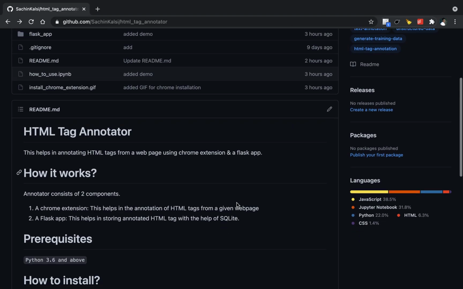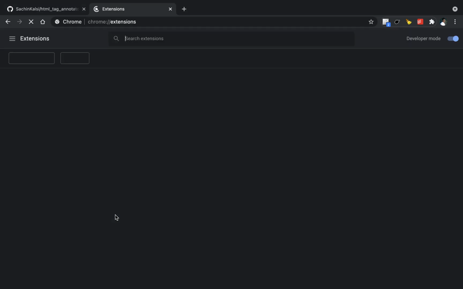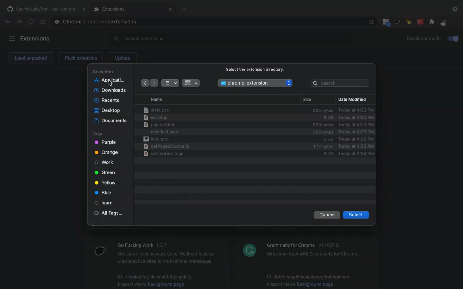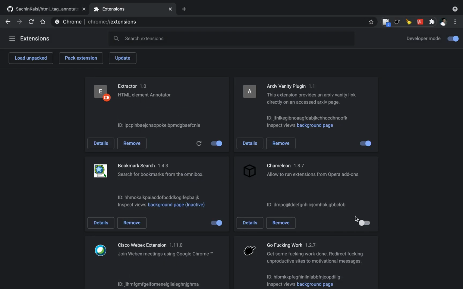So let's see how to install this Chrome extension. I'll just copy it and open a new tab and just enter. There's something called load unpacked. You just need to click on that and go to the HTML tag annotator, select Chrome extension, and I think you are good to go.